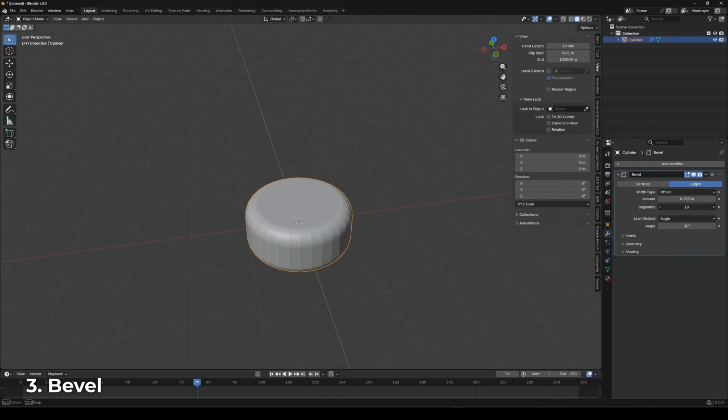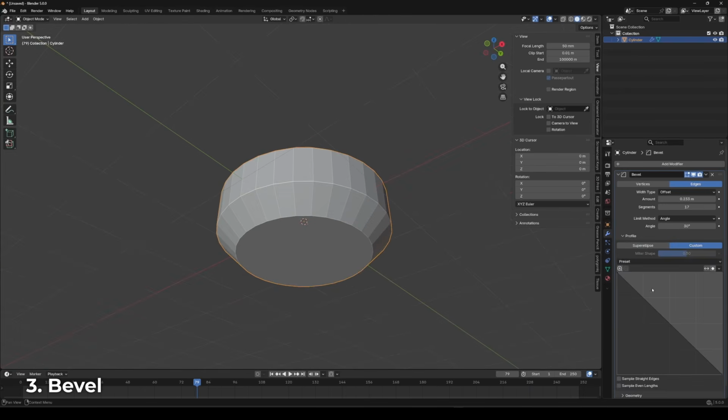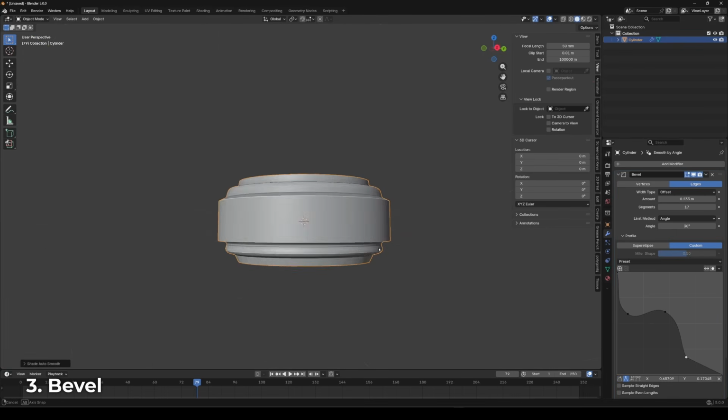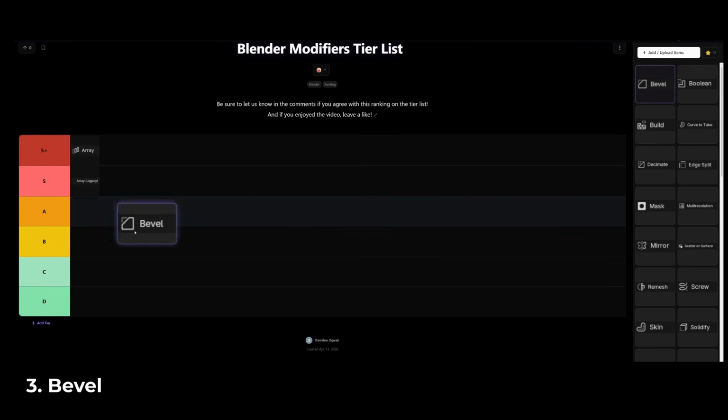With Bevel, I kind of have a problem. When using it as a modifier, it feels like I have less control compared to just using Ctrl+B. But the advantage is that it stays procedural, so you can always adjust or remove it later. If you bevel directly in edit mode, it's basically permanent, so because of that trade-off, I'm putting Bevel in B